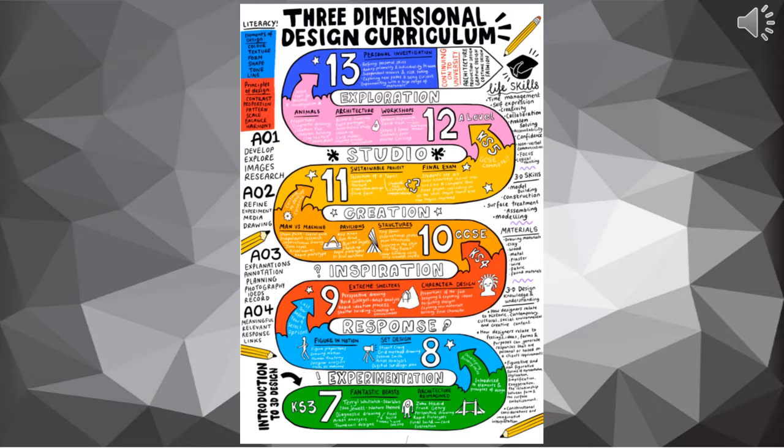Year 8 follows a very similar suit, looking at set design and professional prop making for film and TV, and then progressing into looking at traditional classical ways of sculpting with a figures in motion project. Year 9, the culmination really of Key Stage 3 with the foundation completed, with students looking at opting for three-dimensional design at GCSE. We're looking really at two projects there which give them a real flavour then of Key